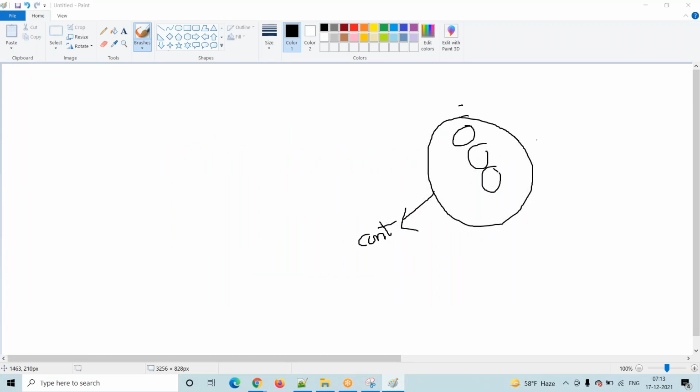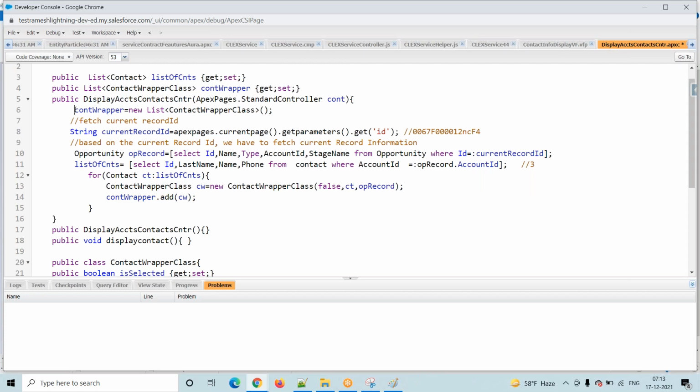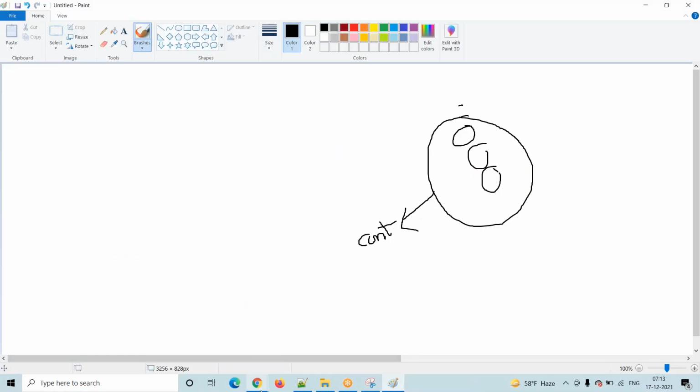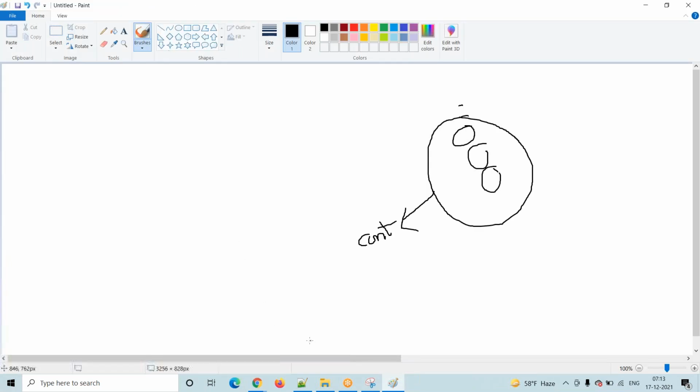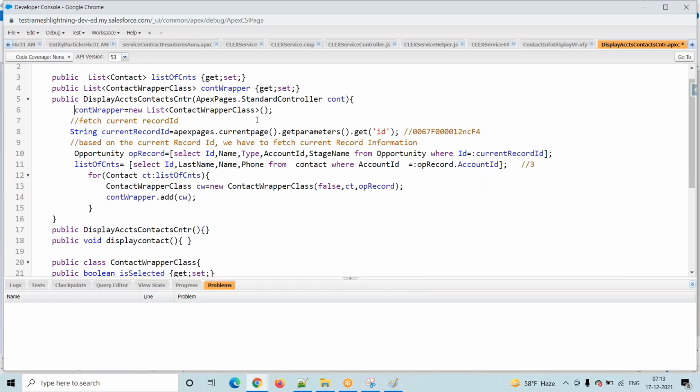Suppose you do not initialize this one, the system will show a null pointer exception: attempt to dereference a null object. Whenever we declare a variable like this, this is declaration, we have to initialize, which is nothing but allocating space for that particular variable. In that space, line number 14, we are adding.